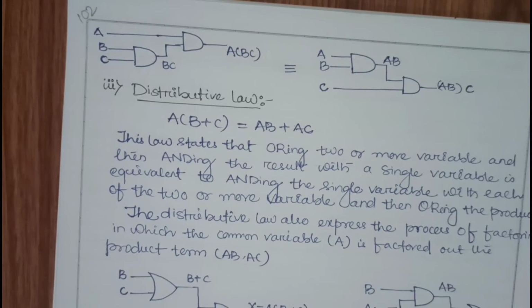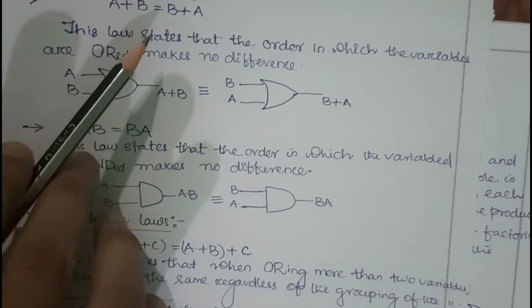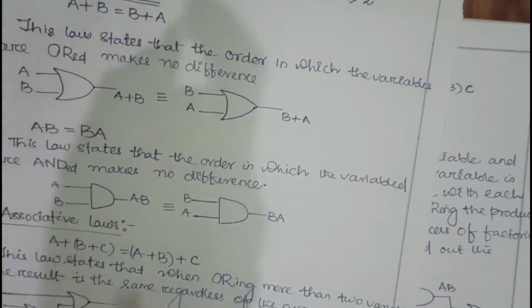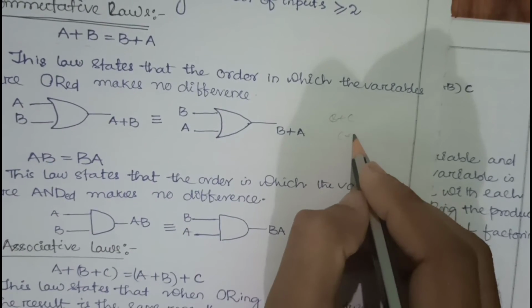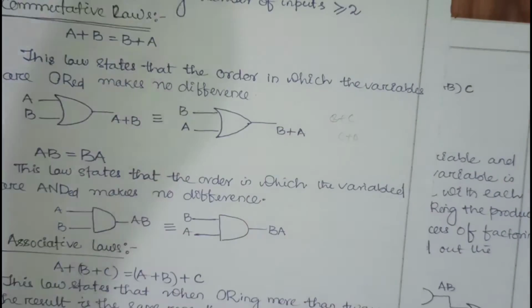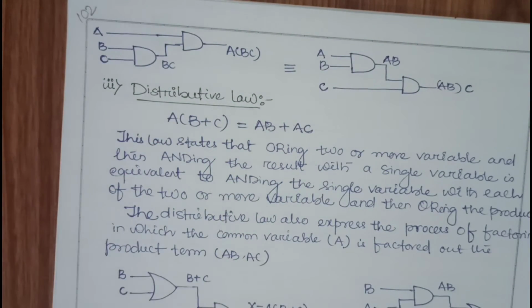Okay, but these other 2 are just for your proof that anyway you can write A plus B, B plus A, it does not matter. If in any question B plus C is given and in your answer C plus B is given, that means these both are the same. B plus C and C plus B are same. That is for the proof. But we have to use the distributive law.